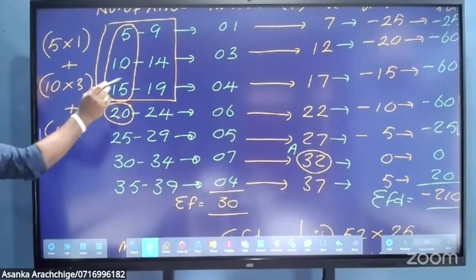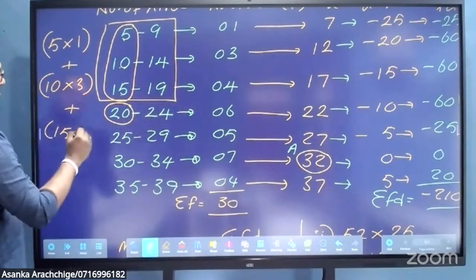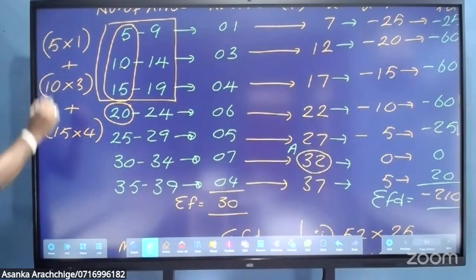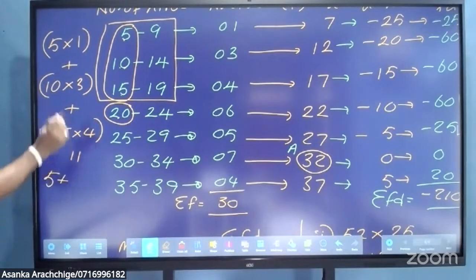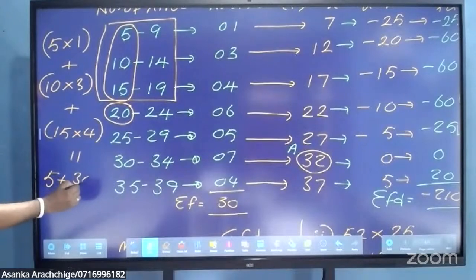Then here minimum is 15. Then total number of hires 15 times 4. Then here 5 plus 30 plus 60. Answer